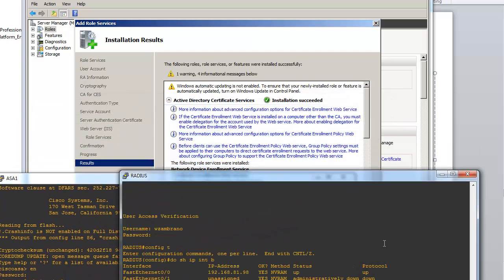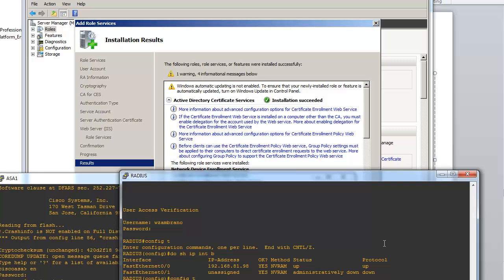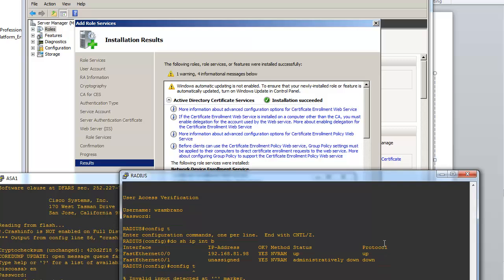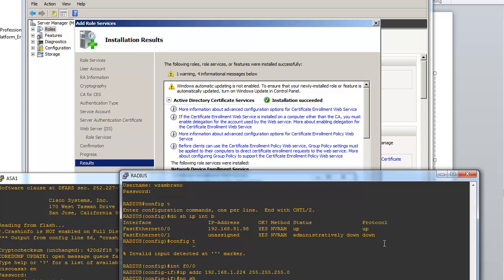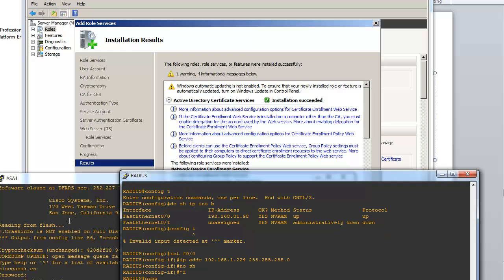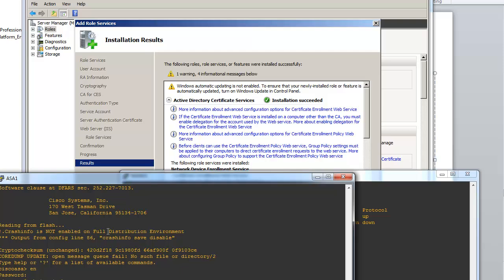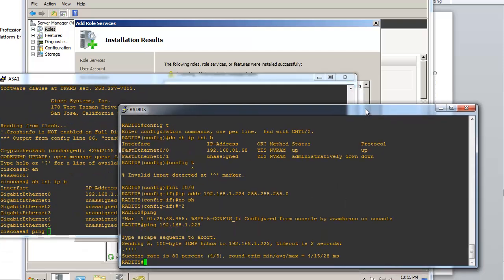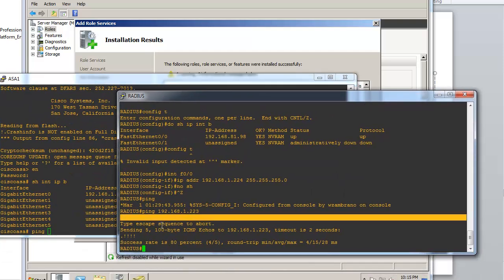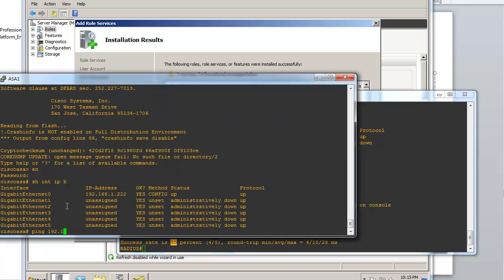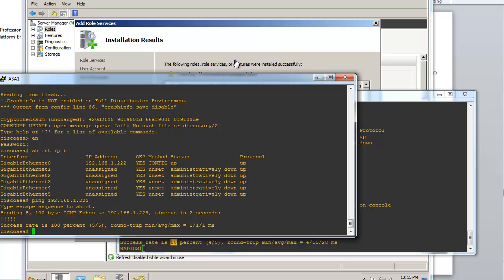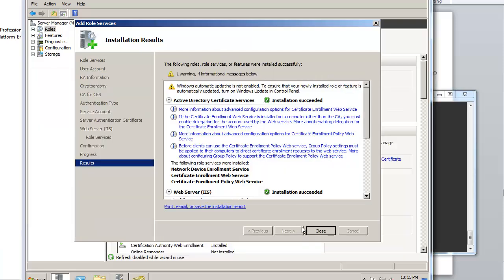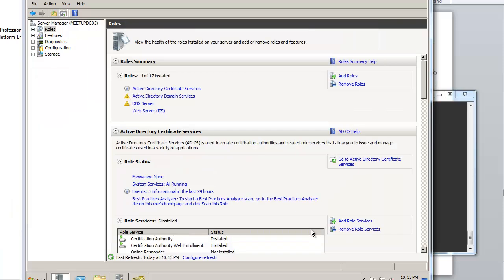Another thing we could do is actually ping DC3. So we said he was 223. And I can ping them, and I'll do the same thing for the ASA. Well, actually, you guys can see that here. I was able to ping, and let me do the same for the ASA, and I can ping them too. So I know that that's working fine. You can close. Okay, next we want to go ahead and